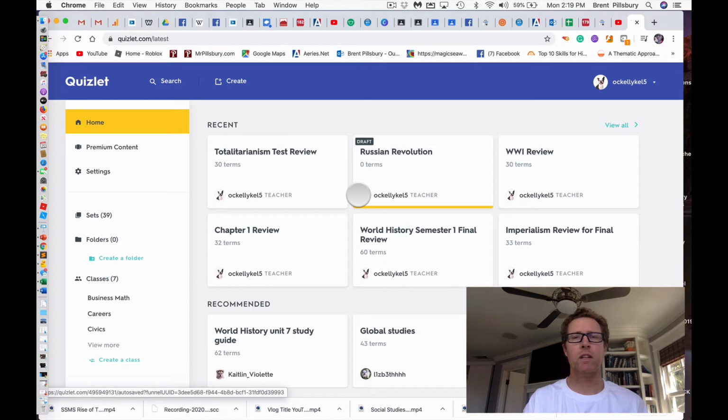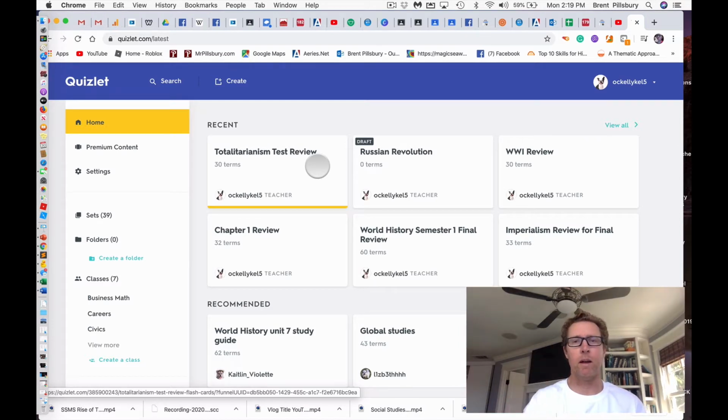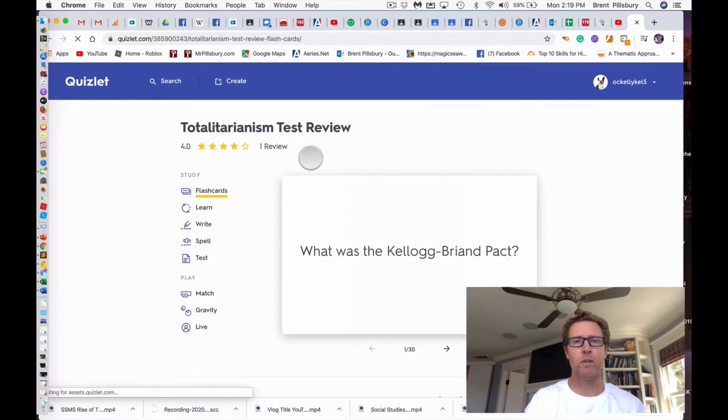I just want to go over how I'm using a quick, fun assessment tool, as we're really not supposed to be assessing students right now. However, I'm not assessing students. I'm actually trying to guide their learning to what they're supposed to be doing. So this is Quizlet Live that I like using a lot. I love using Quizlet Live. It's a great review for a test.